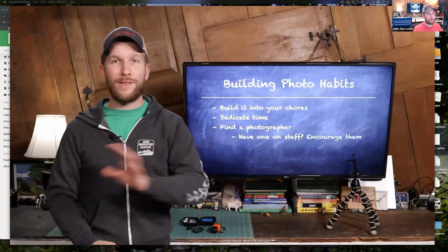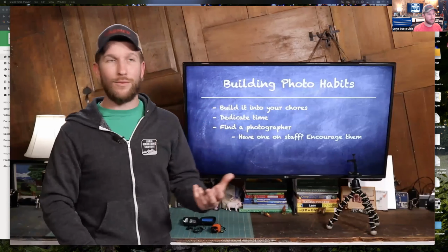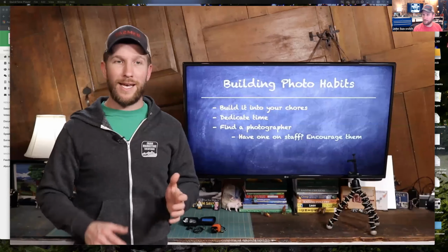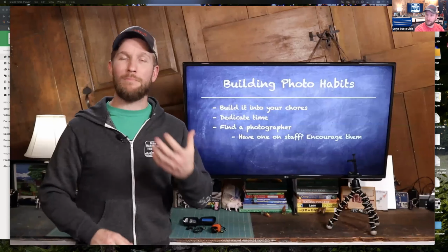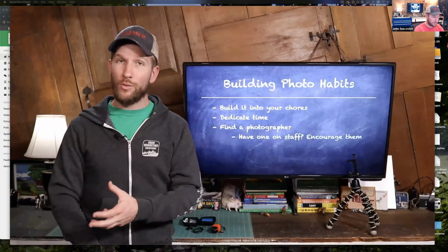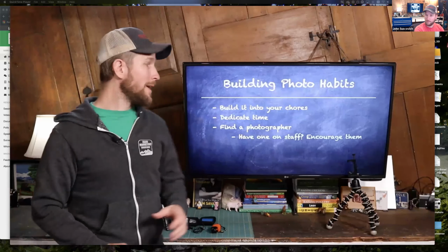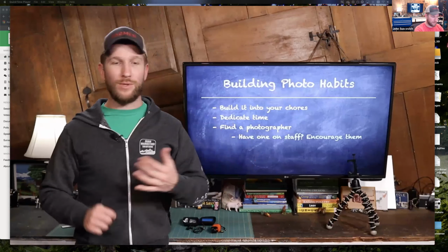And those are all things to photograph along the way and use to help you tell your story down the road. And then dedicating time to it, building it into part of your chores, saying that I am a professional, I am a business owner, and I need to market my product. And in order to do that, I need better visuals, and either I'm going to spend the time myself to capture those visuals, or I'm going to work with an apprentice, a farm employee, or somebody who's a CSA member,